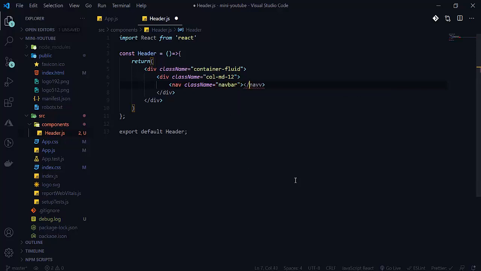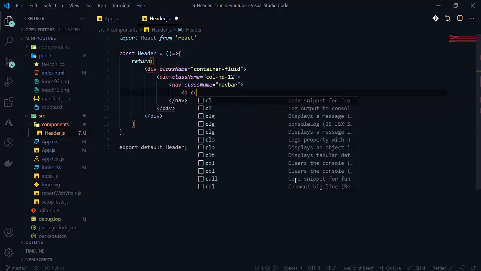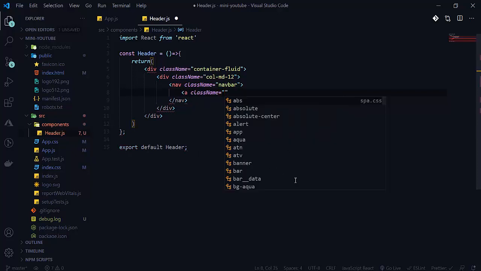So that is navbar. Here we will create one anchor tag. First of all, its class name will be navbar-brand.